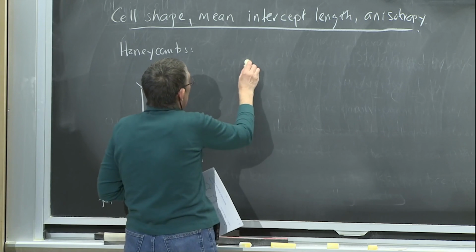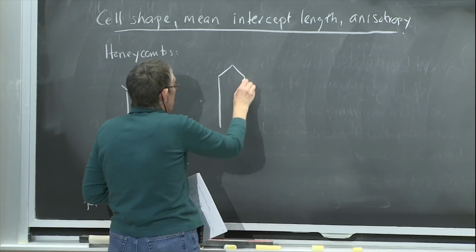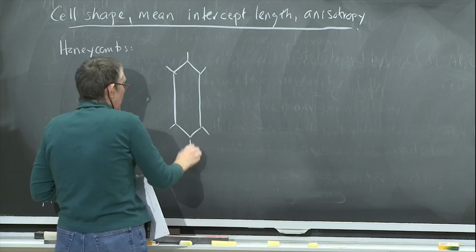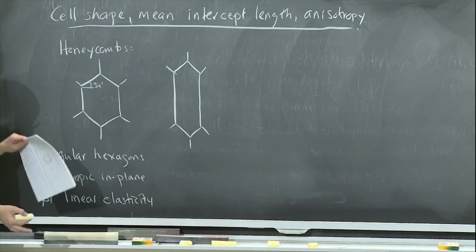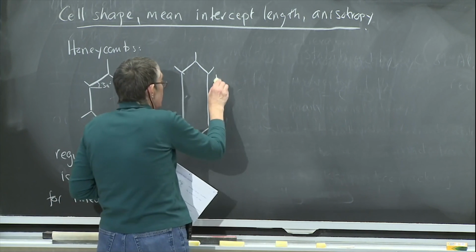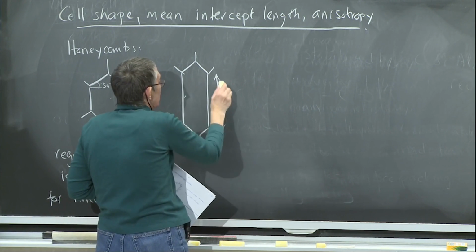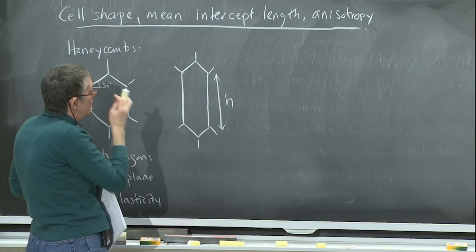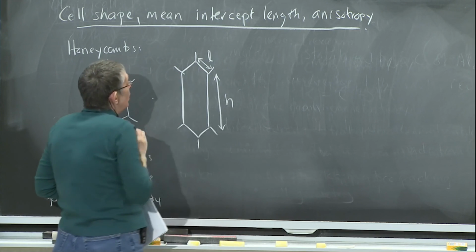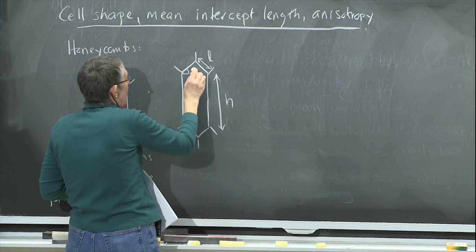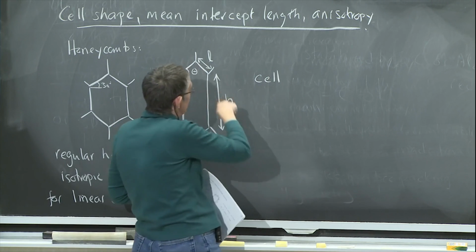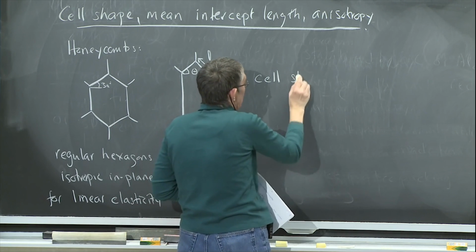But if I now had my honeycomb, and imagine that I stretched it out, and I'm exaggerating how much we might stretch it out. But if we did something like that, it wouldn't be too surprising to think that the properties are going to be different if I load it this way on and that way on. And in terms of the cell geometry, I'm going to call that vertical cell edge length h, and I'm going to call this one, the inclined one, of length L. I'm going to say that angle is the angle theta, and the cell shape can be defined by the ratio of h over L and that angle theta.